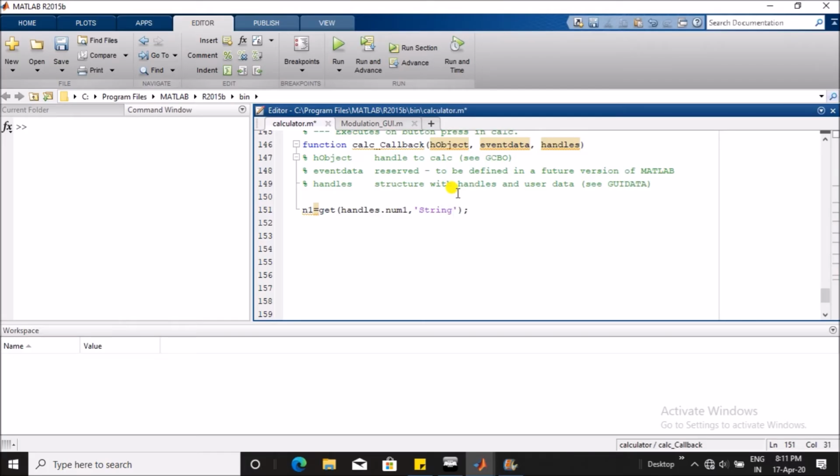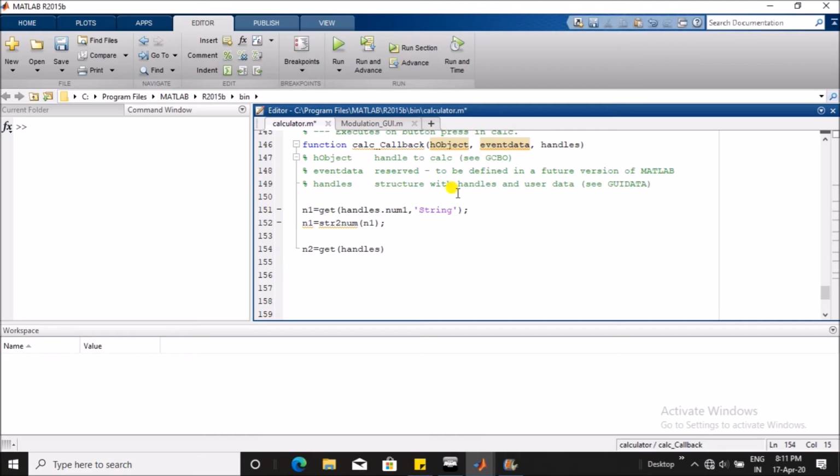Whenever you write something in the edit text box, it is the string, so we read the string property. Since the data we have read is a string, we need to convert it into numbers. Therefore, we use the function string to num, or str2num, to convert the string data into numbers.